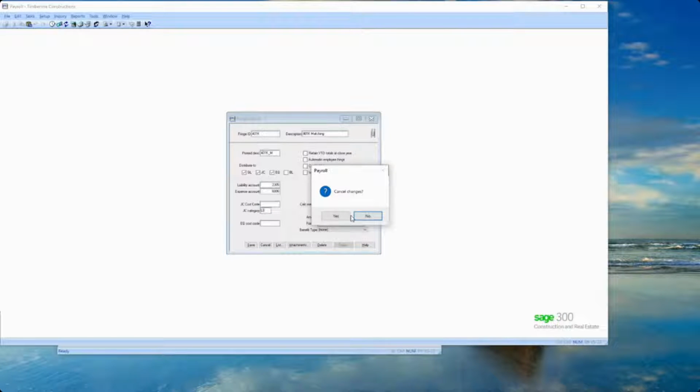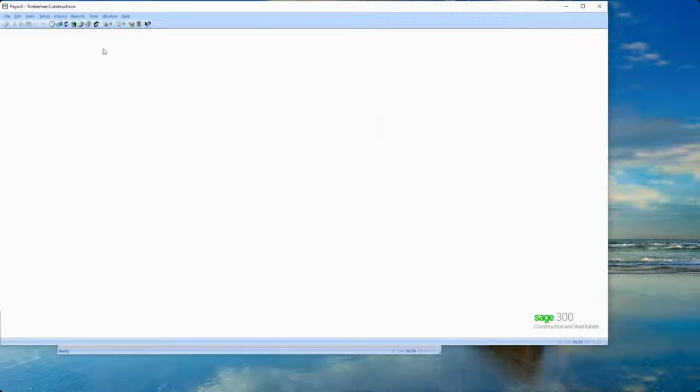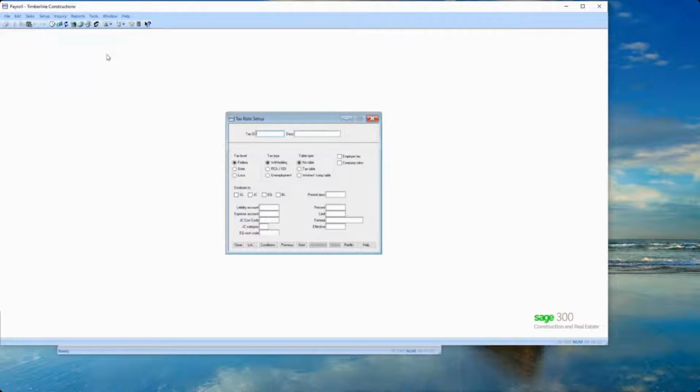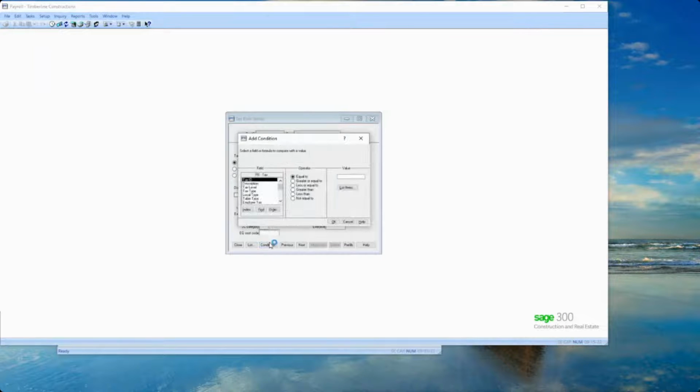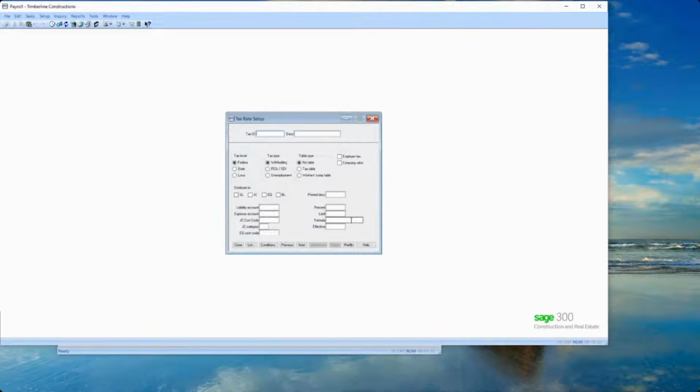And yes, cancel. And then taxes. Taxes are similar. So you'd go to set up taxes, tax rates. And I just like to look at the employer because that's the cost. If you want to just see specific kinds of taxes in your list, you can set a condition.